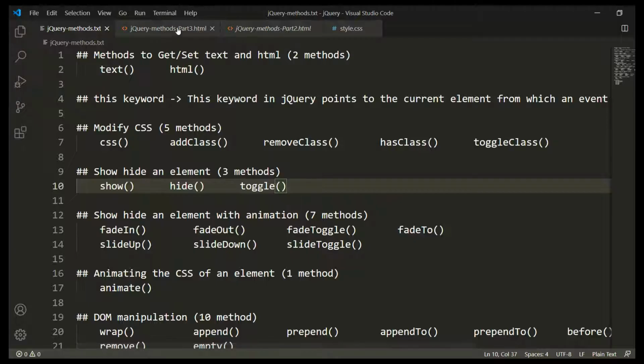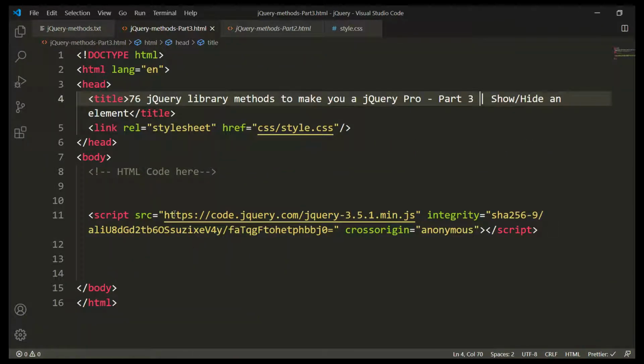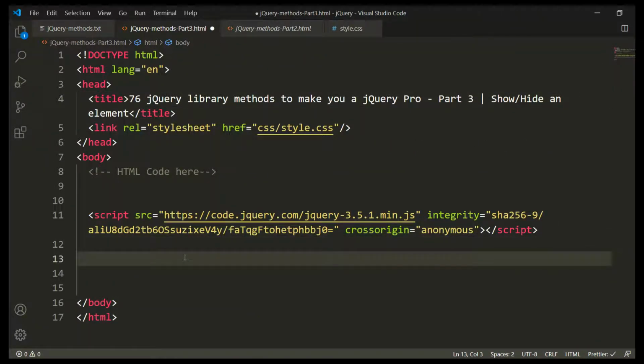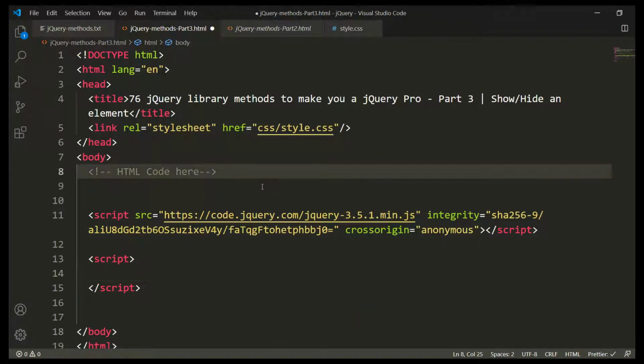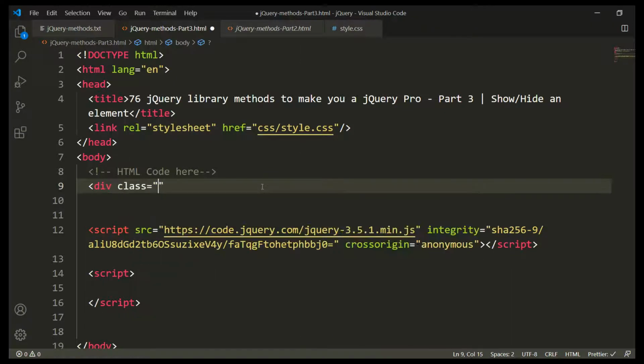So let's move to code and let me bring up my script tag. To demonstrate this, I'll take a div tag, div class is equal to box. So this is the div tag. If I add styling, this was part 2.